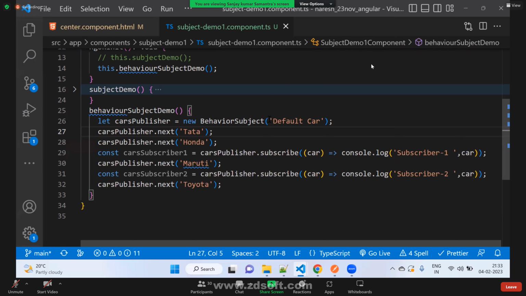So this one we can say current value, or we can say previous value, because this is the next value. If this is the next value, we can call it the current value. We can call it the previous value. Anything is fine. So when we use behavior subject, it always gives one previous data and all the upcoming data to all its subscribers. Next,